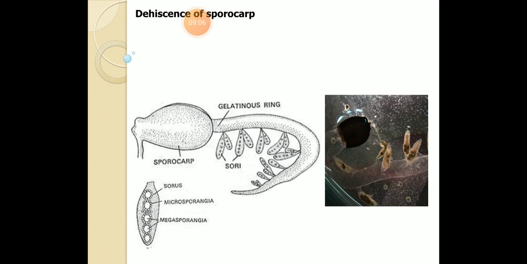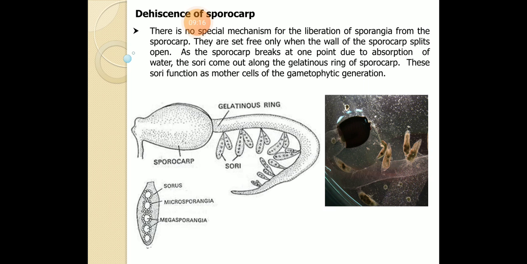Okay, so when we look at the structure, how do these spores burst out from the sporocarp? Usually dehiscence takes place by different mechanisms, but in the case of Marsilea, when it opens or splits, just like the cotyledons split out in dicotyledons, the same thing occurs in Marsilea. So the sporocarp splits out, and through that the spores will be